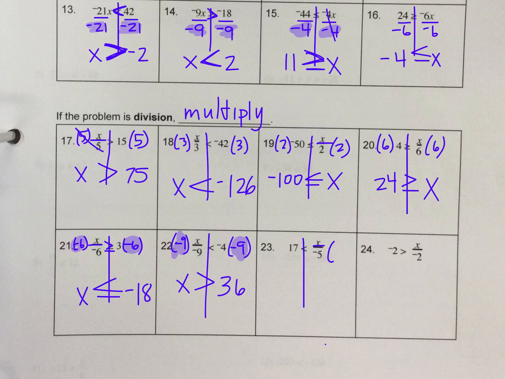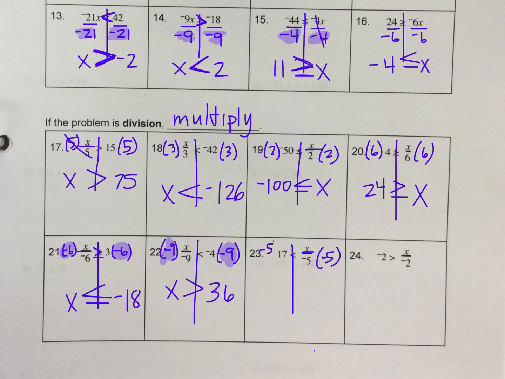Divide by a -5. I moved a negative right here. So the x stays on the side it's on. I'm going to flip my sign. -5 times 17 is -85. I've got to multiply by a -2. I just moved a negative. -2 times -2 is a 4. I've got to flip that sign and an x. All right,